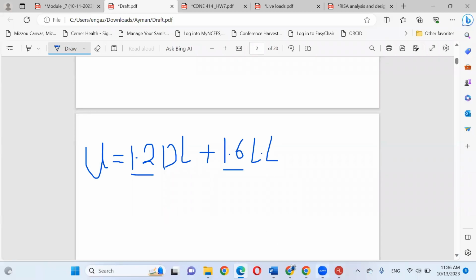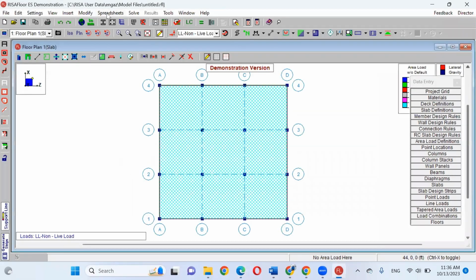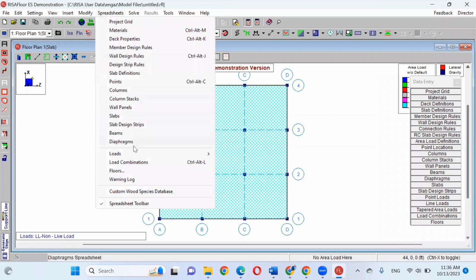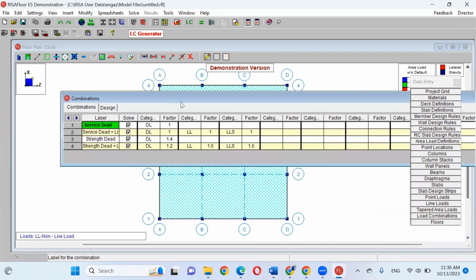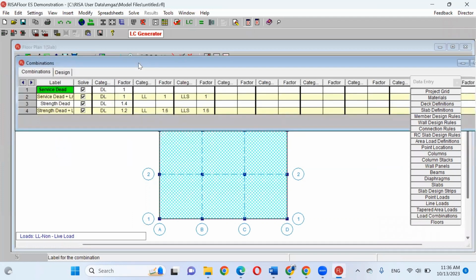RISA will do it for you, don't worry. If you would like to check, in the spreadsheets we have load combinations. RISA did it for you, and the others. We have many. For the strengths, dead and live, we have dead multiplied by 1.2, live multiplied by 1.6. These factors come from the code. That makes sense? You can adjust them, but we don't need to because they are correct.